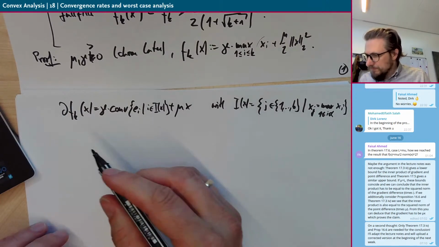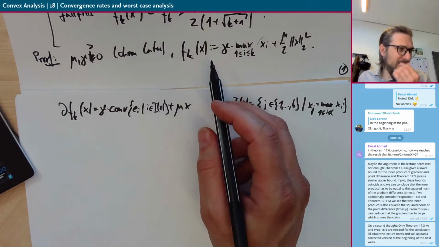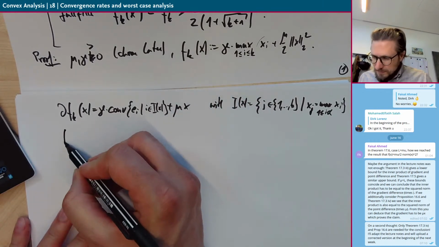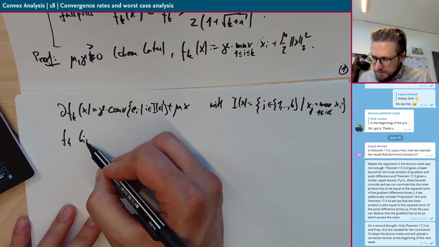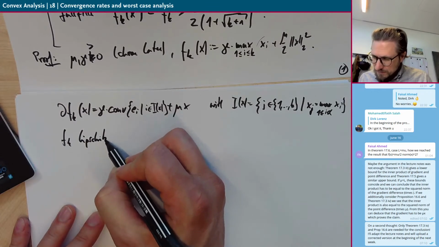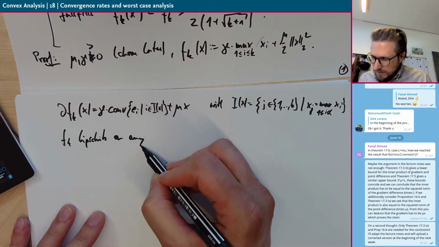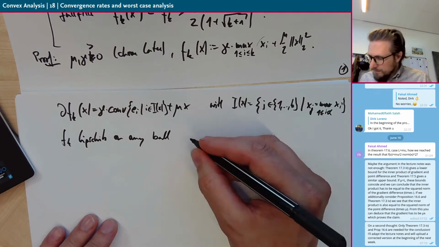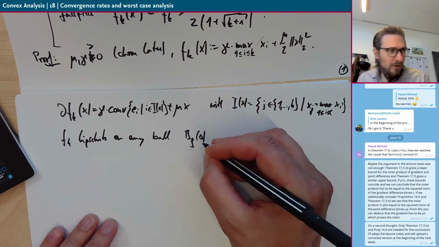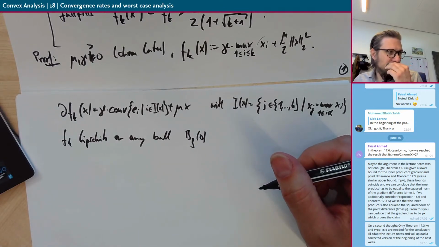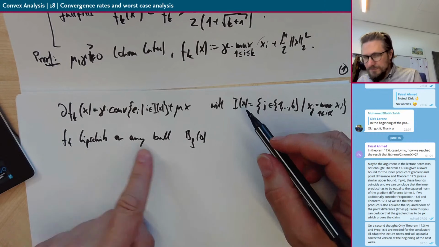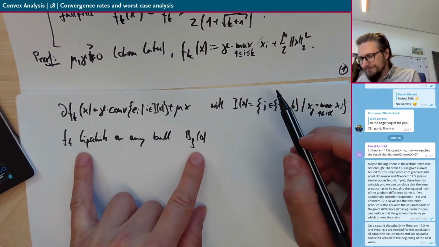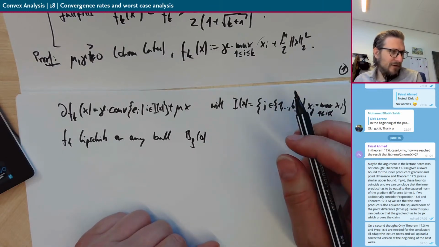So what is clear is that this function here is Lipschitz continuous on any ball, because it's continuous on a ball. So fk is Lipschitz on any ball B_rho of 0, because it's continuous there. It's Lipschitz on a bounded domain. So it's even more than that. Anyway, it's not difficult to see that, and I think we're going to compute